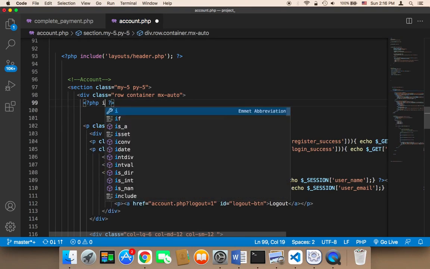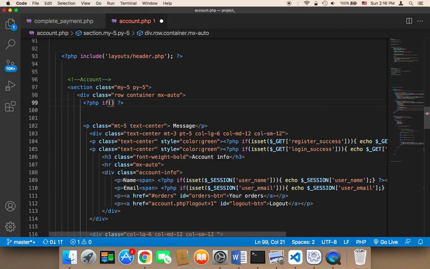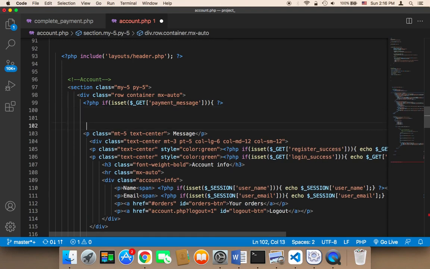I'm going to say if, because this is a GET, if $_GET payment message is set, first isset, GET, payment underscore message. If we have this message, then curly bracket, and then we need here to open another PHP, and then we